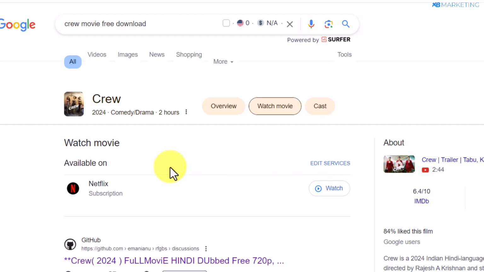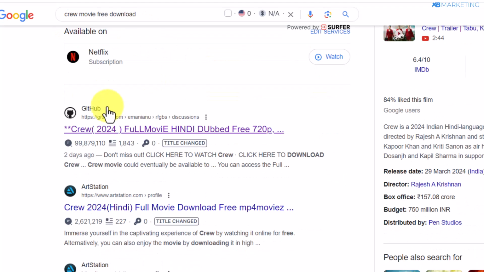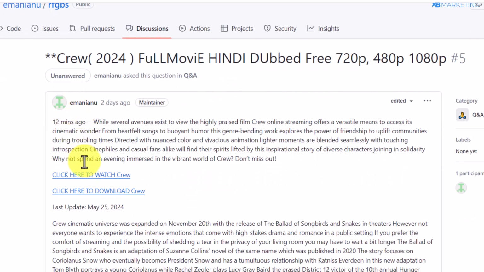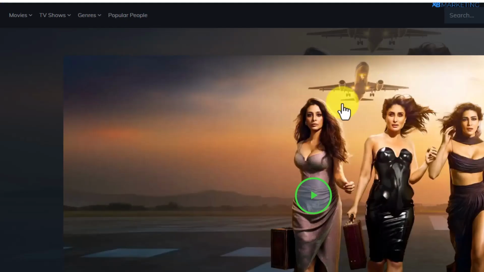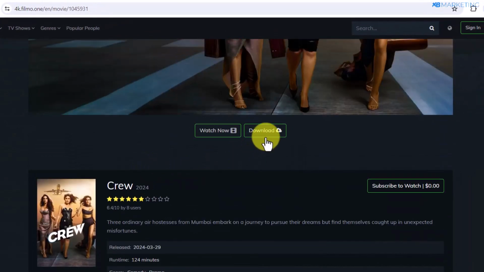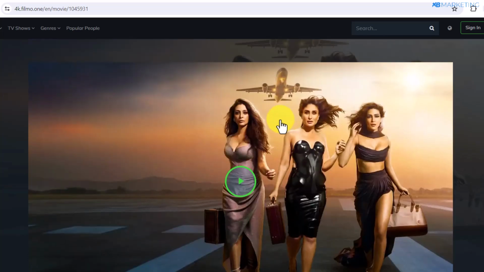However, a lot of people don't want to pay to watch this movie, or simply can't afford to purchase the subscription. All right, so if I type in this keyword, which most people who are looking for this movie will be typing on Google, you can see the first result on Google is this GitHub page right here. So if I open this GitHub page in a new tab, this is this movie right here being promoted by this page. And if I click on this first link, you can see it brought us to a page about this movie. And I can assure you, this is a CPA landing page where people need to sign up and they are going to get access to watch this movie.